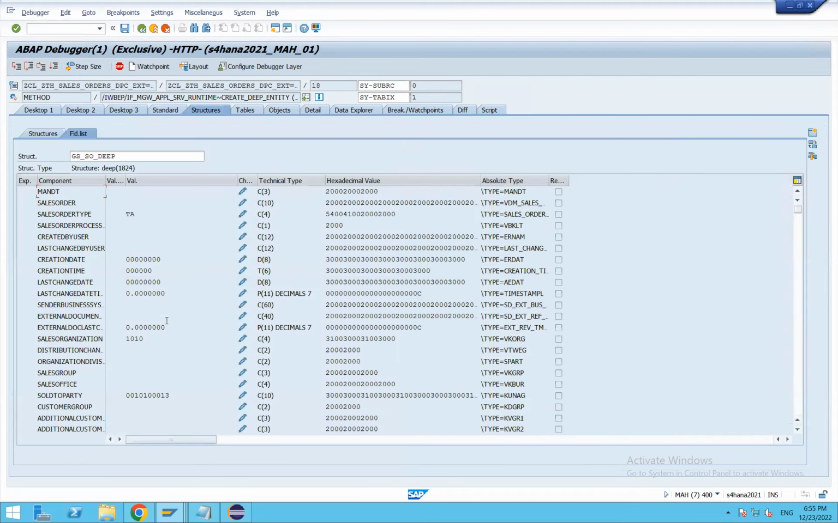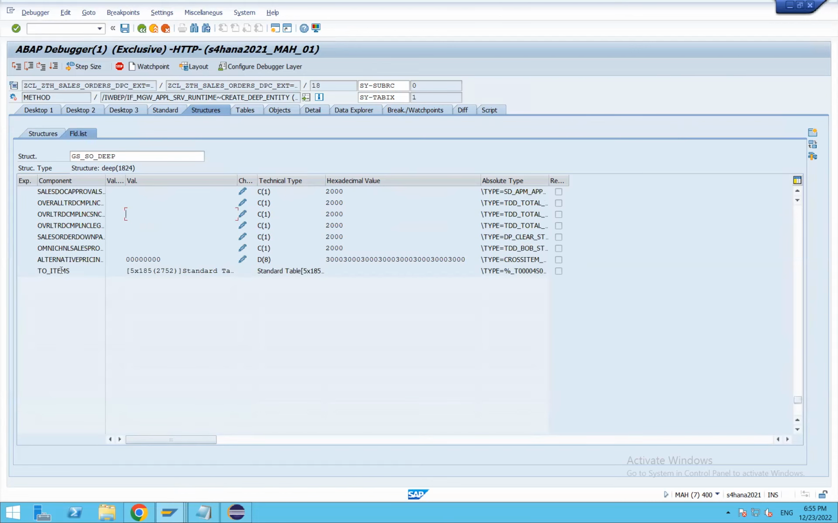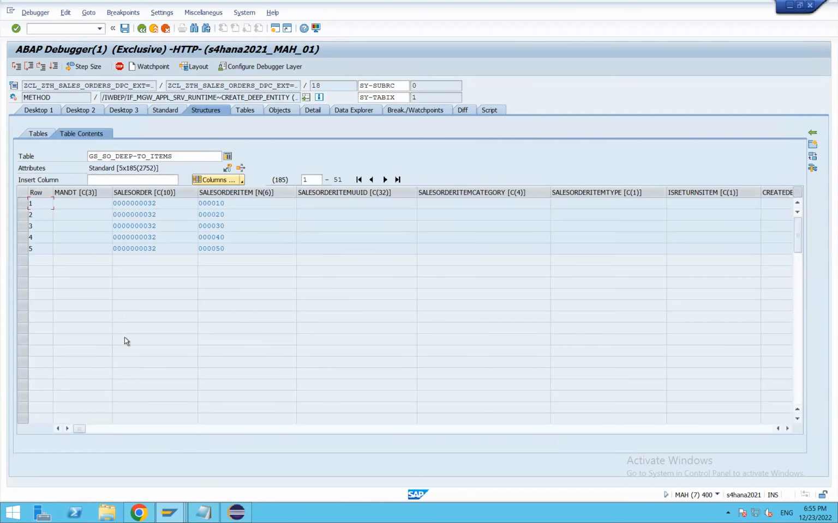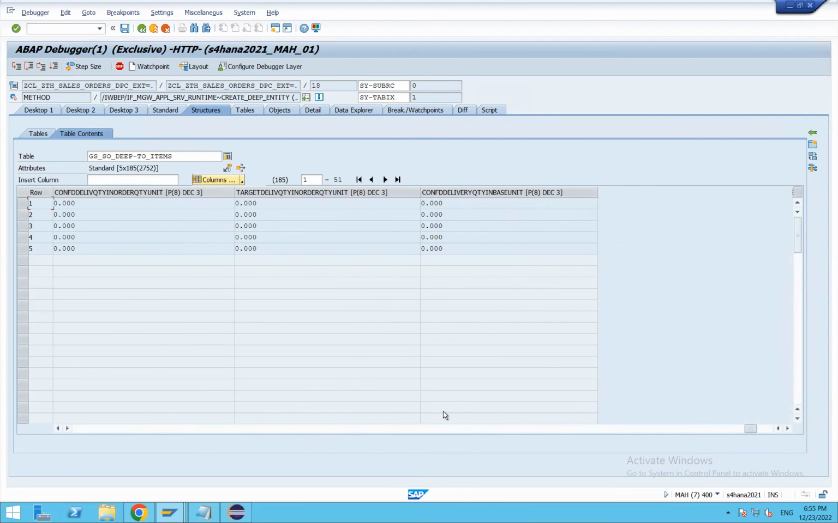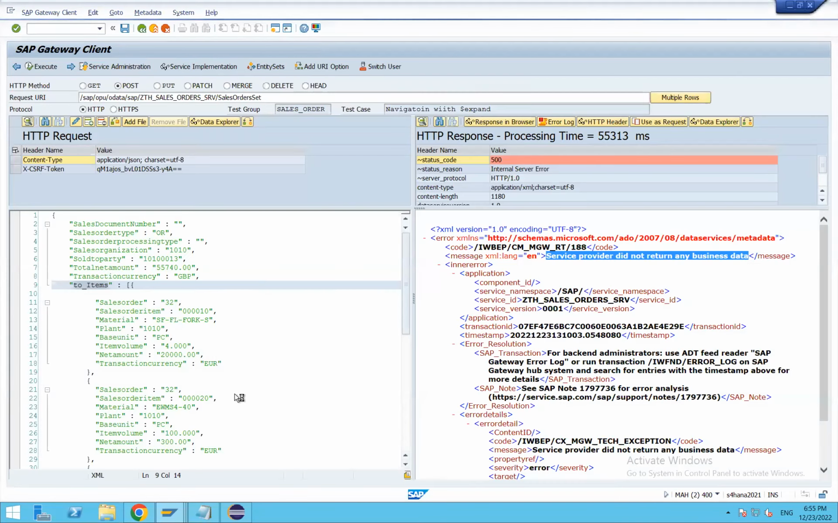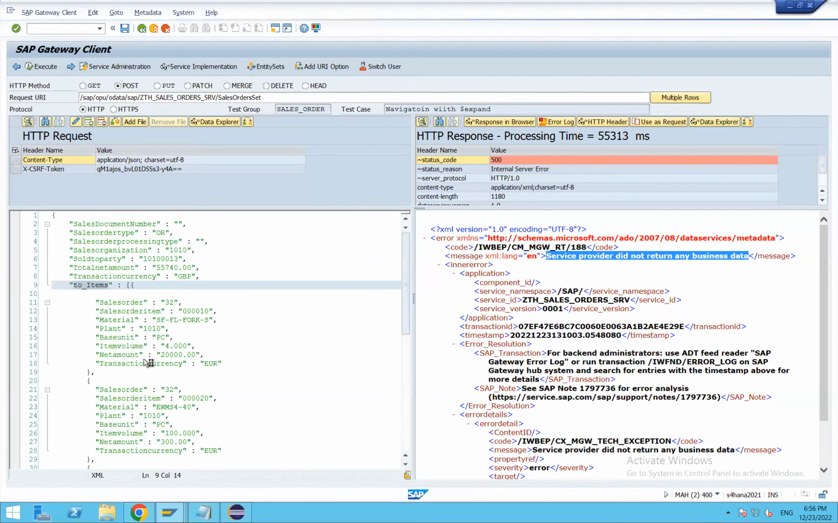Okay, if you see now, it has the header information in this one, and at the bottom we can see two items listed down, and two items has five entries in it. If we double click on it, this is all the item information here. Likewise, we can have n number of deep or navigation properties, and there is no limit of having the navigation information. So two items can have